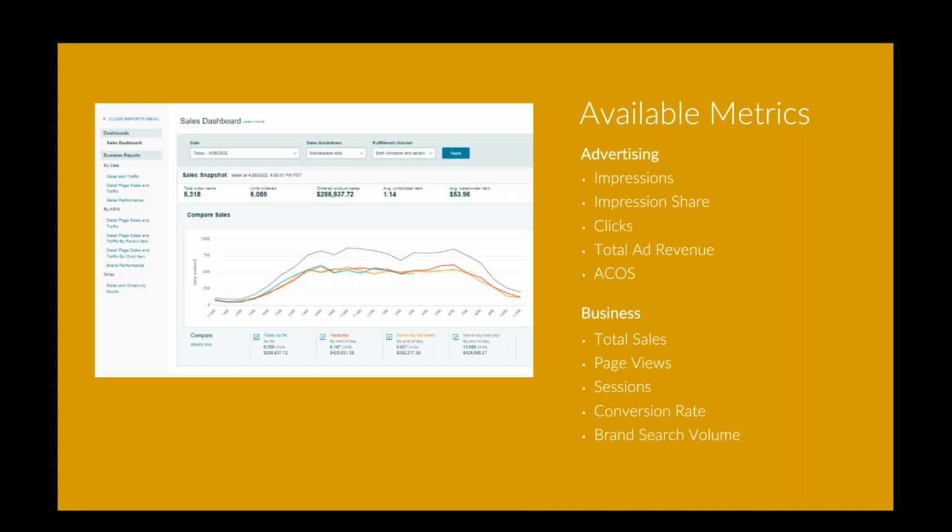And then another huge thing to be looking at is conversion rate. That's how many people are coming to your page and actually purchasing when they do that. We'll also go into how to find that later and how to calculate that. And then branded search volume is another thing to be looking for. That's just keeping an eye on brand awareness. You want to be thinking about if people are searching for your brand outside of seeing your ads. So you can do that by tracking the volume of branded searches to see if you're growing or shrinking in the Amazon landscape. And Jeremy will get a little bit further into that later of where to track those metrics.